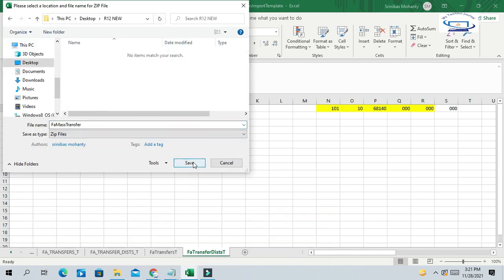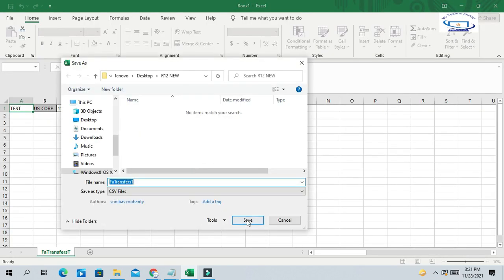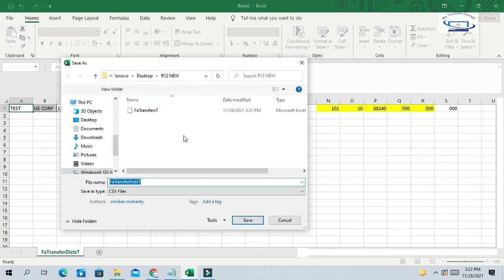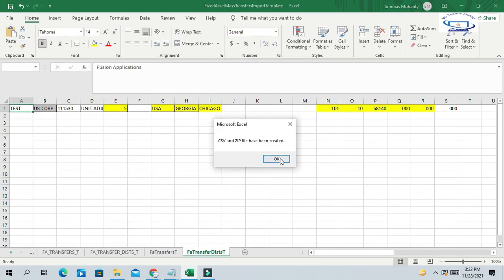So mass transfer file, and it will create one zip file and this will be the CSV file.